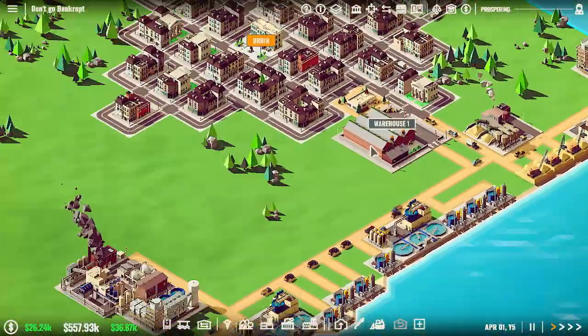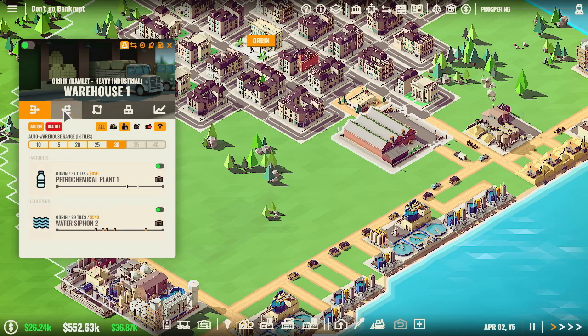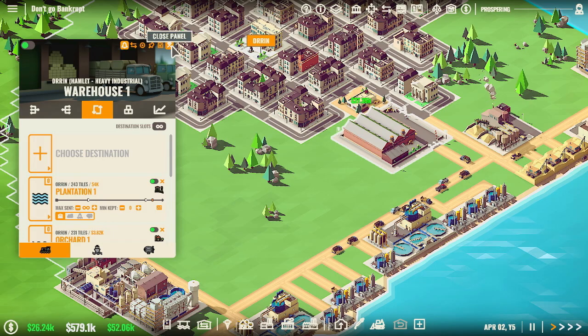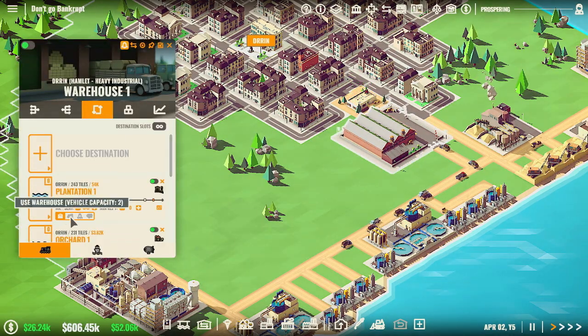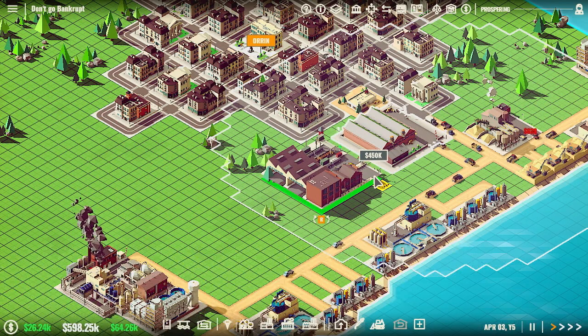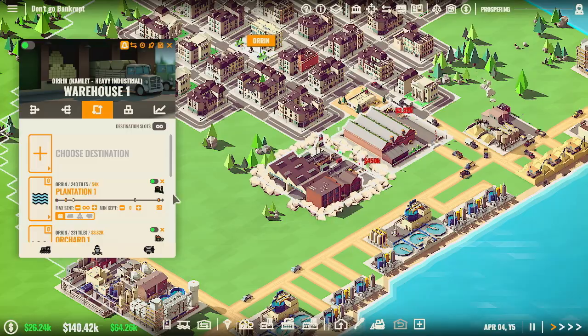I also realized that we can't actually have the farm fields as big as I thought we were going to be able to. How do I set this as a train thing? Oh, right here. Yeah, I forgot. There we go. So we need to rearrange the farm fields at some point here